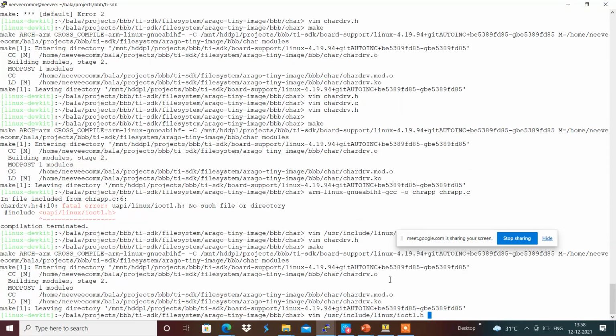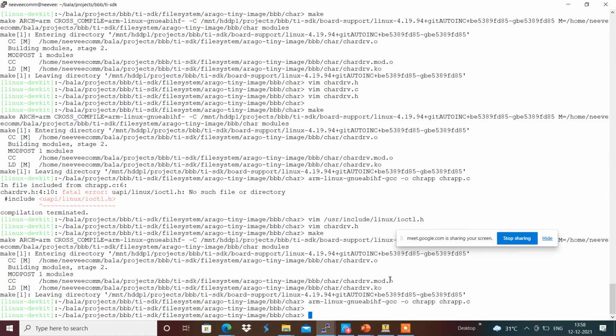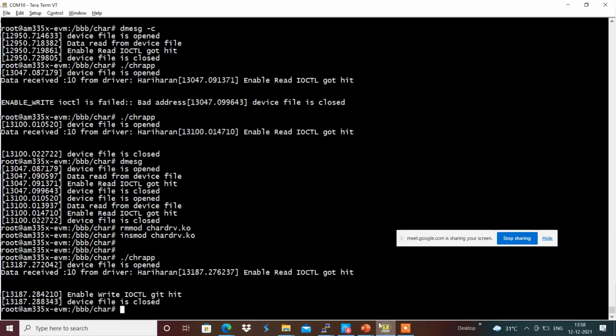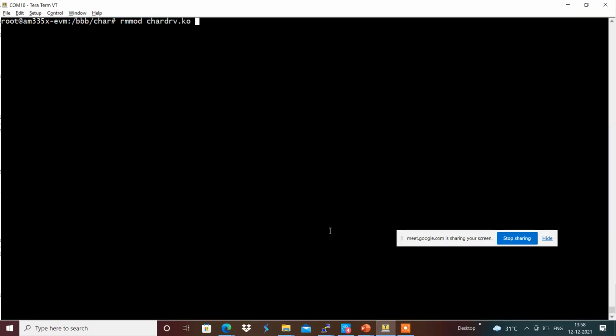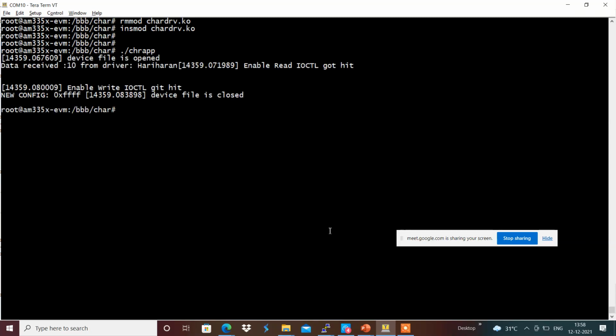Whenever we are doing the chr app, whatever we are writing, the ff, and reading back the same config, we are getting the new config as 0xff. In a similar way we can provide different configurations as well.